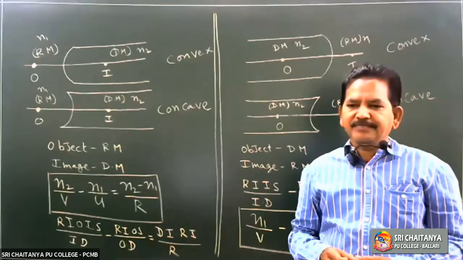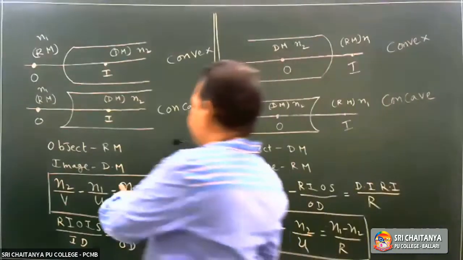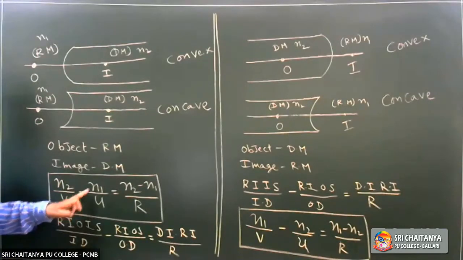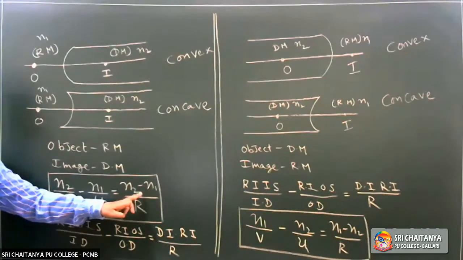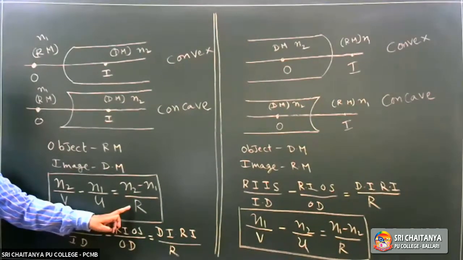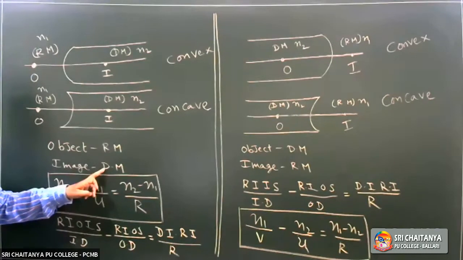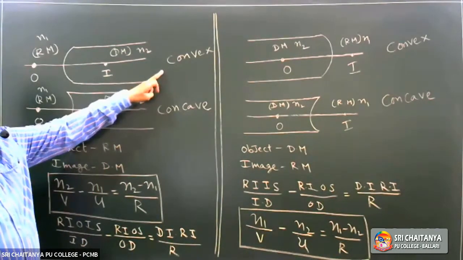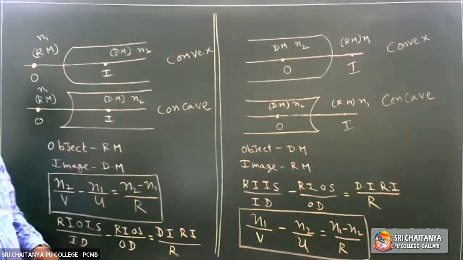Object in rarer, image in denser, we have to apply this formula: N2 by V minus N1 by U is equal to N2 minus N1 by R. If the object is in a rarer, image in a denser, either it may be convex spherical surface or concave spherical surface. Case 2,